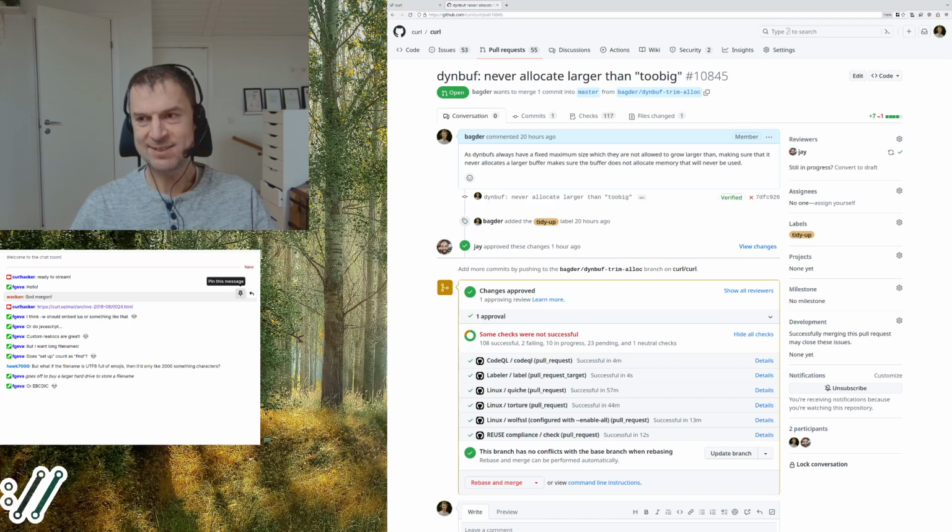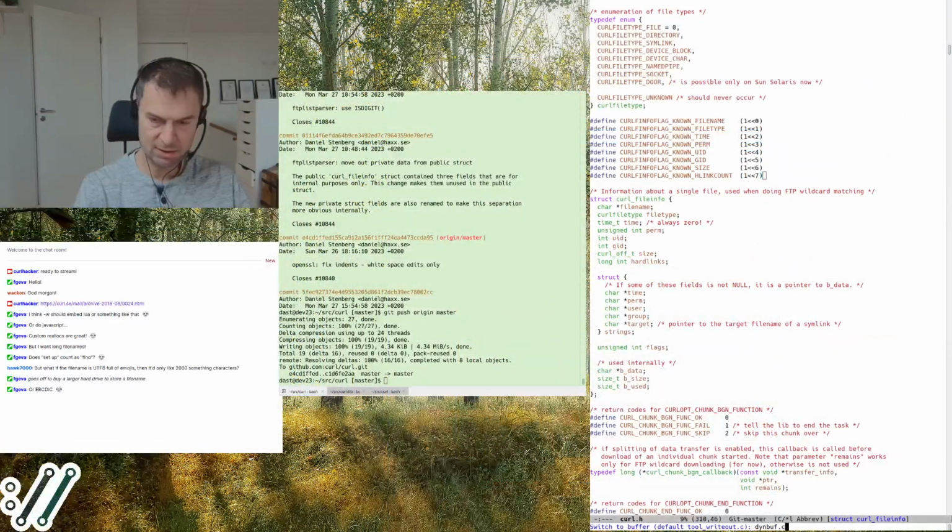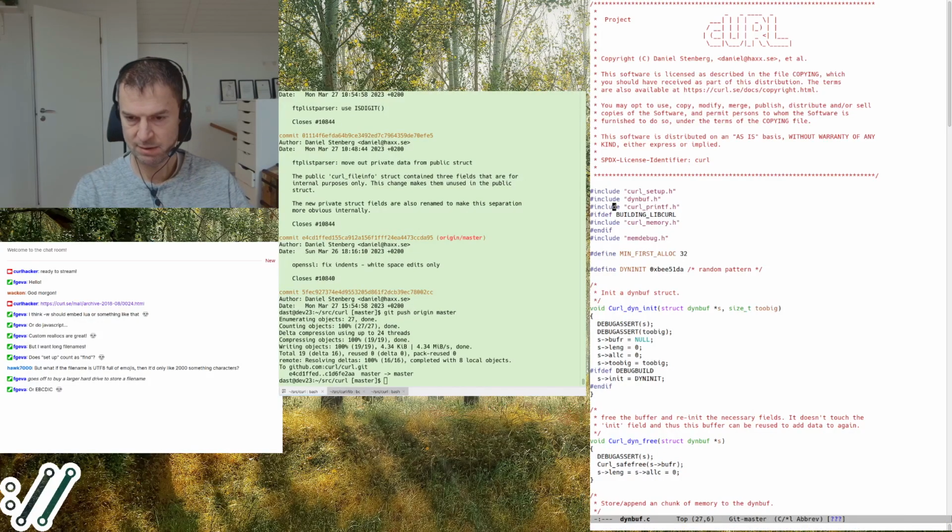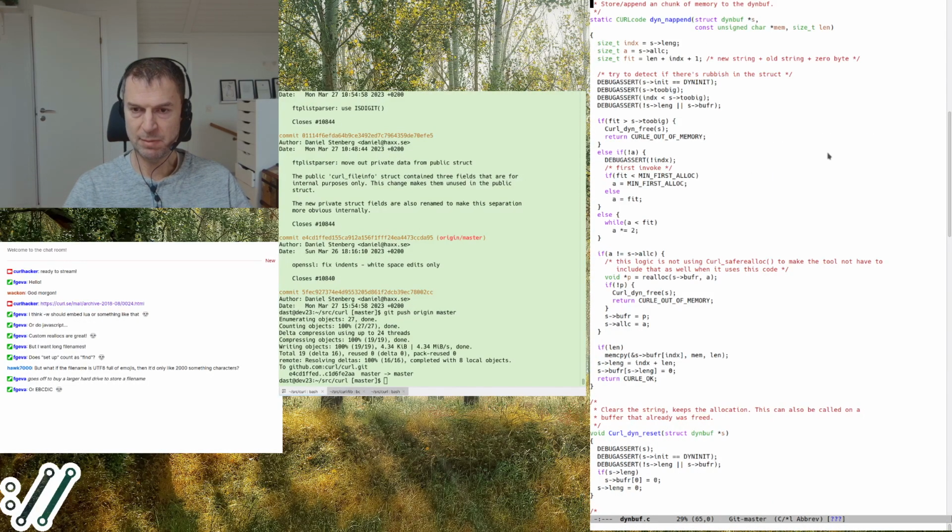But it struck me when I read the code the other day. Was it yesterday? The day before? I don't remember exactly when. It doesn't really matter. But the dinbuff code looks like this. It's actually pretty simple, but I'll show you what I realized. When we add data to the dinbuff buffer, we can add it in a few different ways, but they all ultimately end up calling this function: append n number of bytes to the buffer. Here's the data, here's the size of the new piece that it appends to the end.